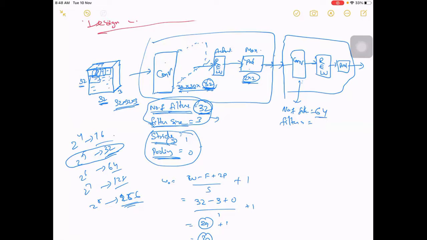And the filter size, we can retain the same, or it's your wish, you can change it. Mostly, if you are not sure, then go for the default filter size, which is 3. Then again strides: if you want, you can keep them, or leave it and it will be the default, s equal to 1, p equal to 0. Okay, leave it. Then again you can do a max pooling, maybe 2 by 2, or you can specify that here as well.